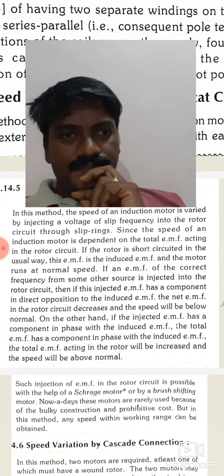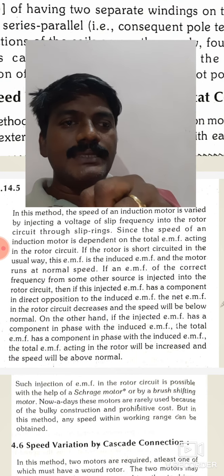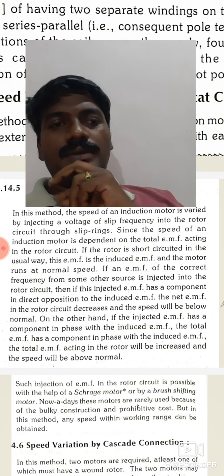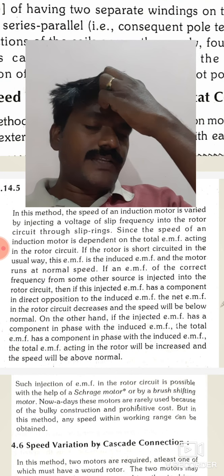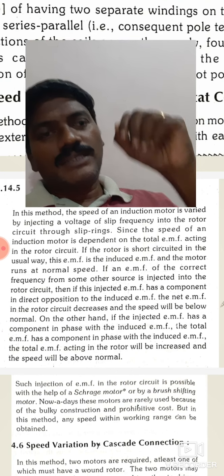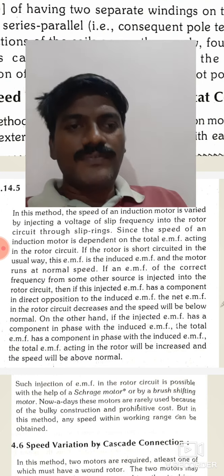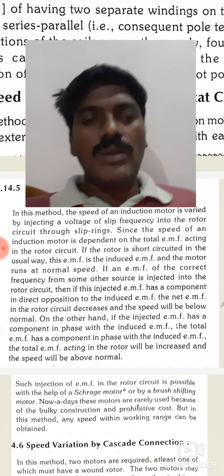it depends upon the injected voltage. If the injected voltage component is opposite to the induced EMF, opposite to the rotor EMF, then speed decreases, we can go below rated speed, right? Suppose the injected voltage is added to the rotor EMF, then the speed increases above the rated or normal speed,